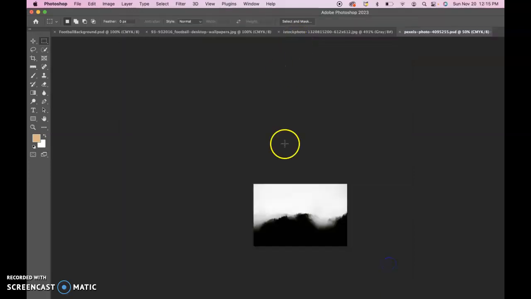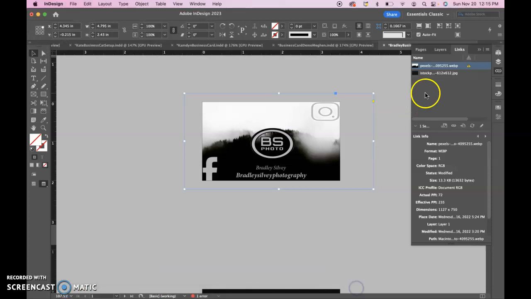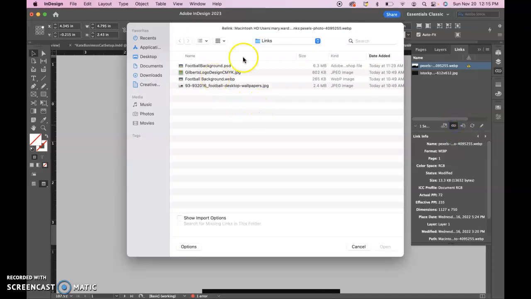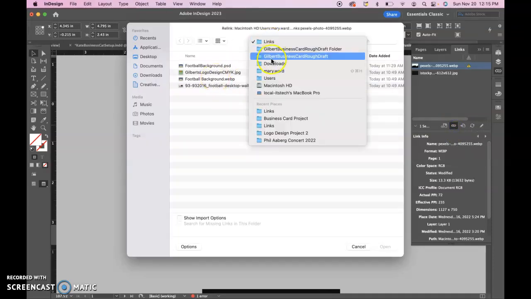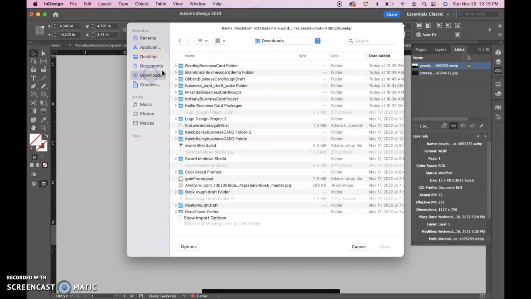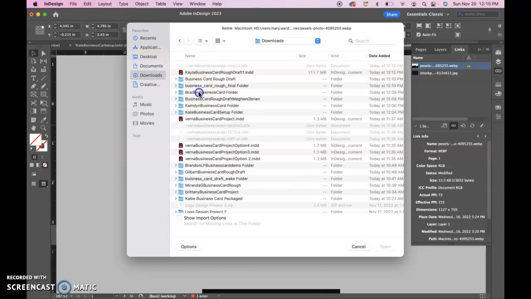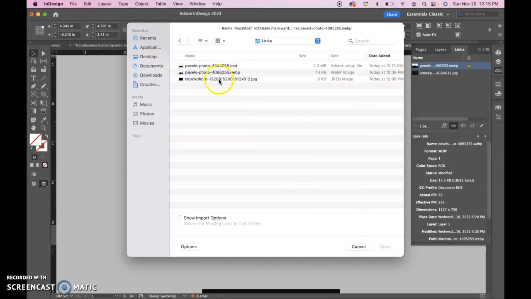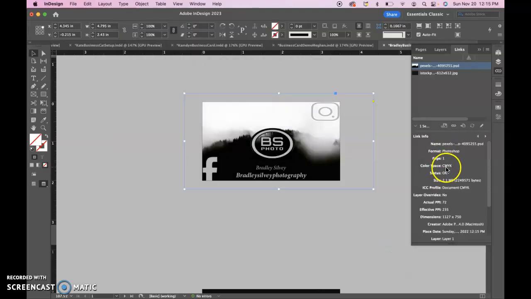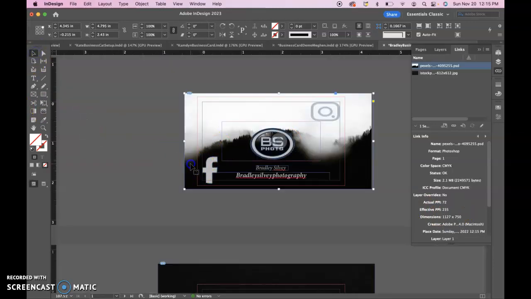just save that into your links folder. And then in InDesign, we can relink it. Just make sure it's highlighted, do the relink button, which looks like a link. And then just navigate to that new file in your links folder that's a PSD, and it should be CMYK now. And the effective PPI is a little bit under 300, so that means that it's not the